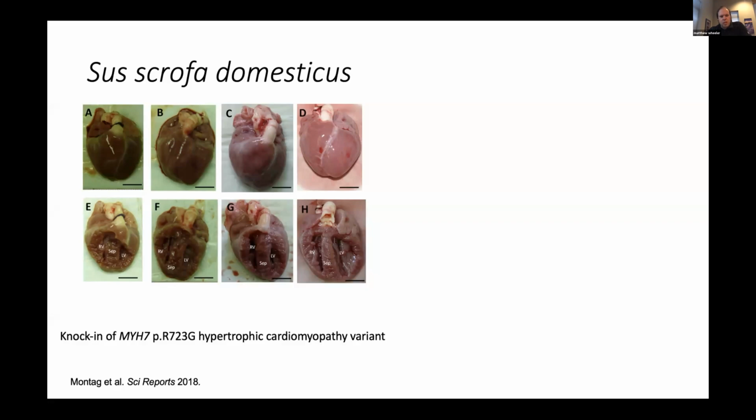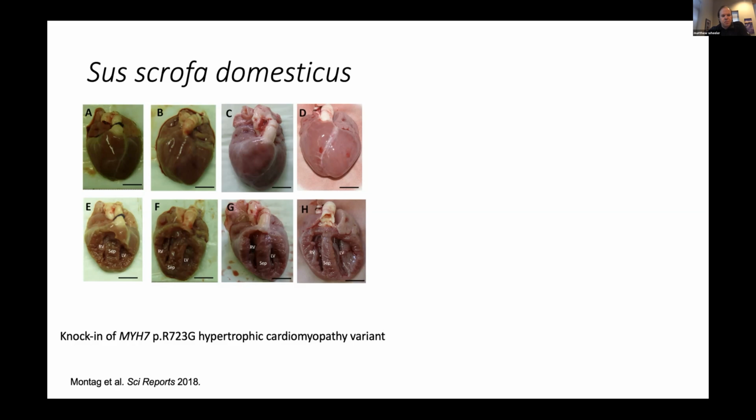Recently, a couple of groups have successfully knocked in mutations into domestic and mini pigs, and do see in certain diseases like hypertrophic cardiomyopathy, where mouse models don't recapitulate certain aspects of disease, that in fact they can recapitulate exactly key components of the human disease, and thus are ideal models for doing